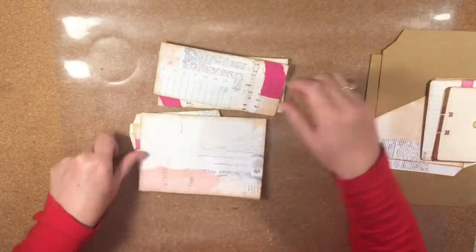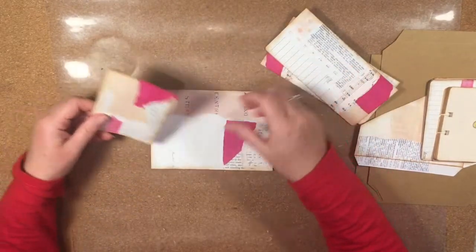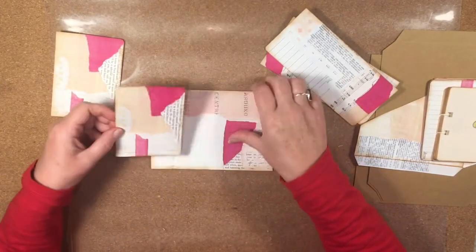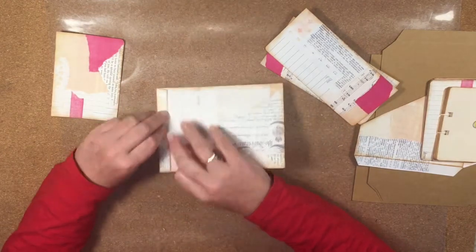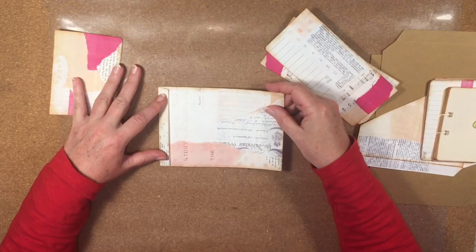So that's an easy little situation to put together. So I'm just going to take this guy here, and I'm going to attach these to the sides like so. I am going to be able to see the tabs on the back, but I'm not really that worried about it because these paper,